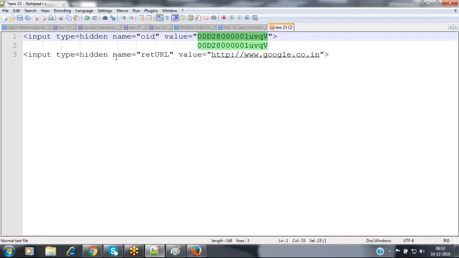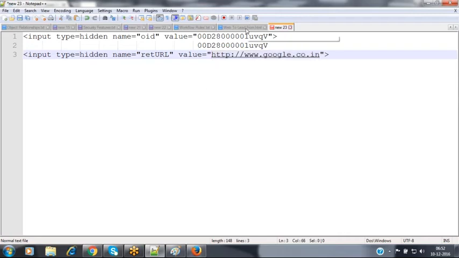Now, after that, one more field is available here, which is also a hidden field called return URL. In this return URL field, it is going to be storing the URL to which it has to redirect once the details have been submitted to that Salesforce instance. Once the details have been submitted, to which URL do we need to redirect the user? For that, it will be storing that field value as a return URL here. These are the two most important fields when coming to the entry point of view as well.